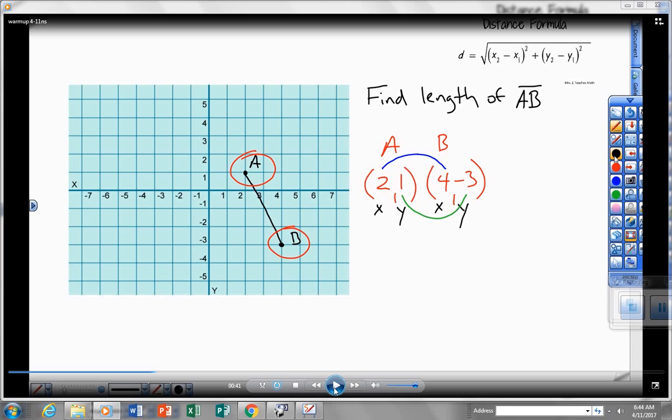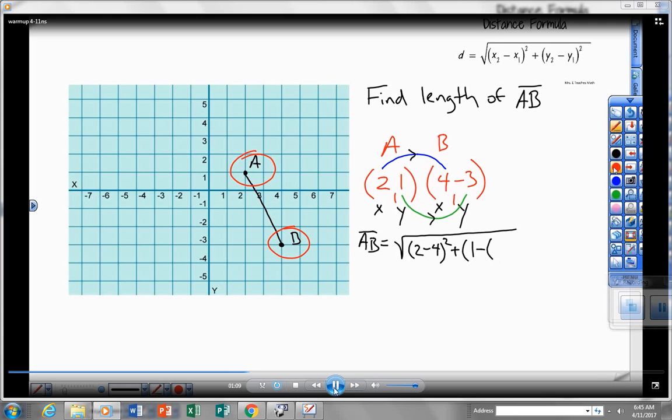Now I want you to pick a direction to subtract and stay consistent. I want you to subtract the same direction for both the X and the Y coordinates. So when I plug them in to this distance formula to find the length of AB, because it's not a straight segment and I can't count boxes, that will be 2 minus 4 squared plus, always plus, 1 minus